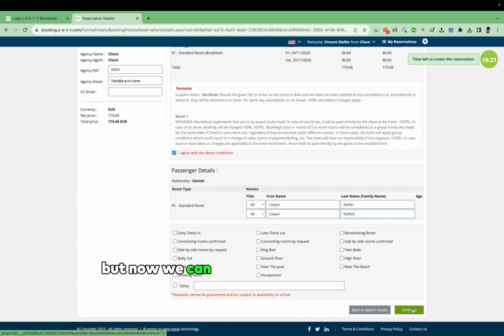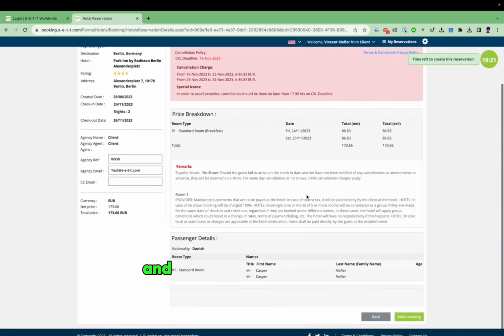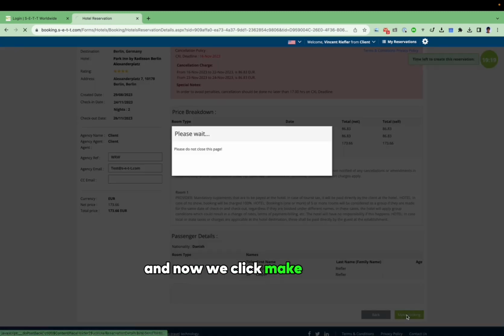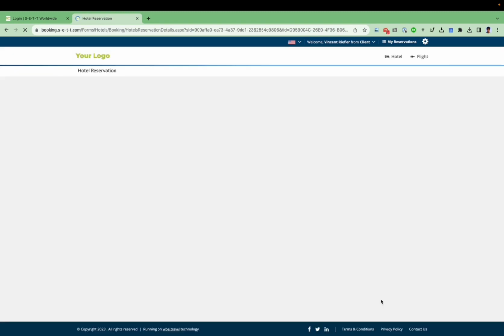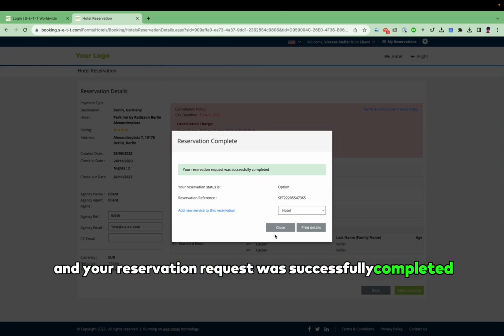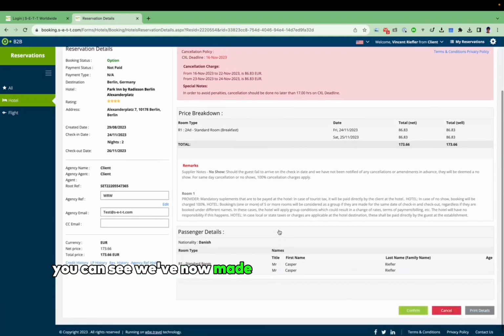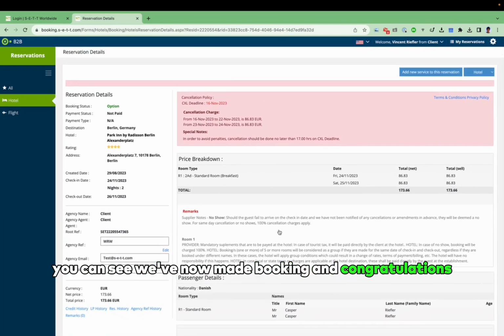But now we can go ahead and click continue. And now we click make booking. And shortly it will tell us our booking has been confirmed. Just a moment. And now you can see our reservation is complete and your reservation request was successfully completed. When we click close, you can see we've now made a booking, and congratulations with the booking on